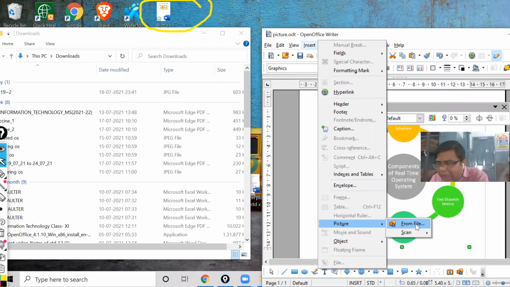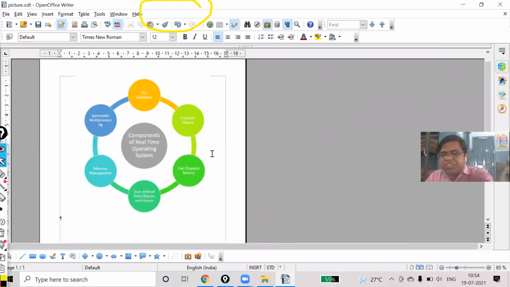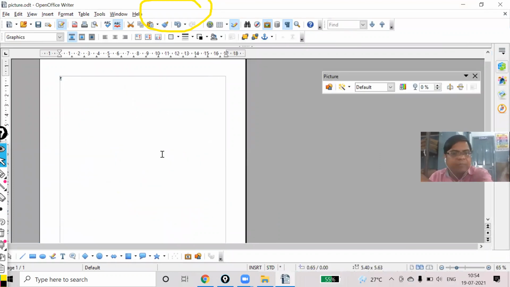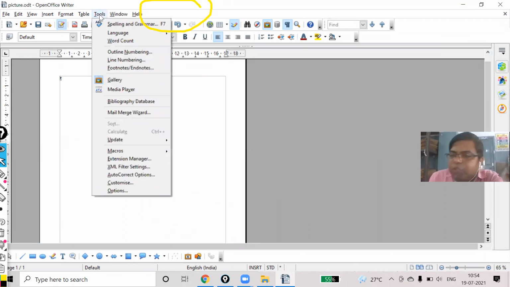But suppose you have your scanner attached, and with that you want that photo to be scanned and available there in my document, then you will use the scan option. So I hope you have understood this topic. Now next one, how to insert an image from the gallery, my dear. Okay, already we have the picture inside. Okay, now I'm going to insert it. So for doing this, first of all, you have to go to tools, which menu, tools, and then click on gallery.